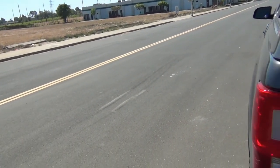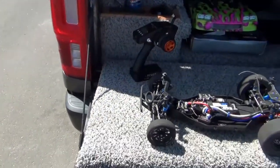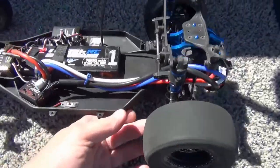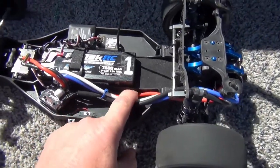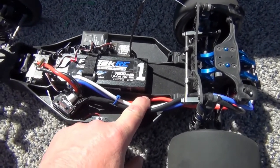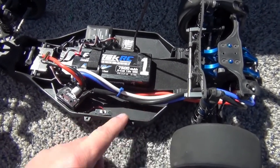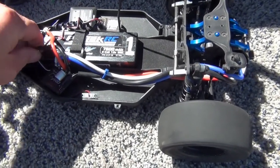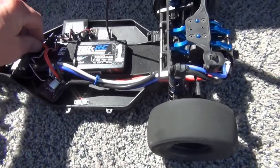So I'm back out in my favorite test area and got the DR10, made a few changes. I had a crack in my chassis, which you may have seen in a previous video. I've replaced the chassis and I did a lot of weighing, which I should have done before I installed it,